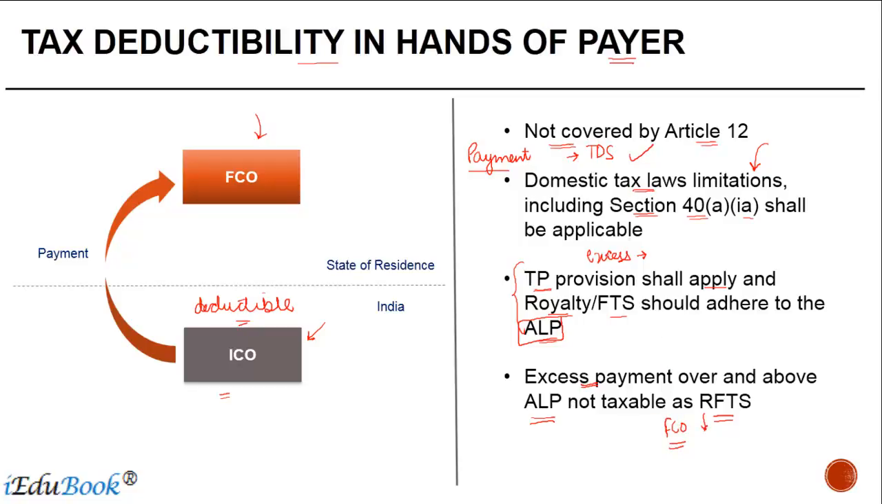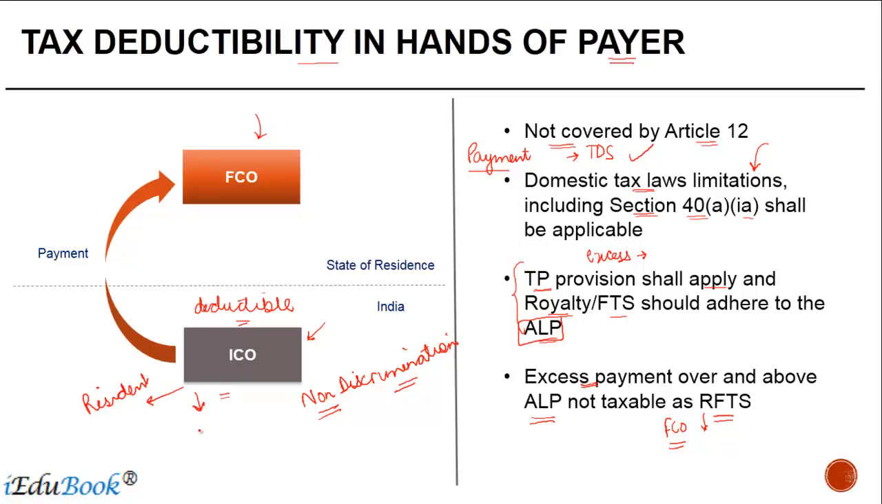Now, one thing I can also tell you here, which probably you will not be able to get when you read Article 12, is that in certain treaties there is a non-discrimination clause. Right? What this non-discrimination clause does is it basically says that if an Indian company is making a payment to a resident